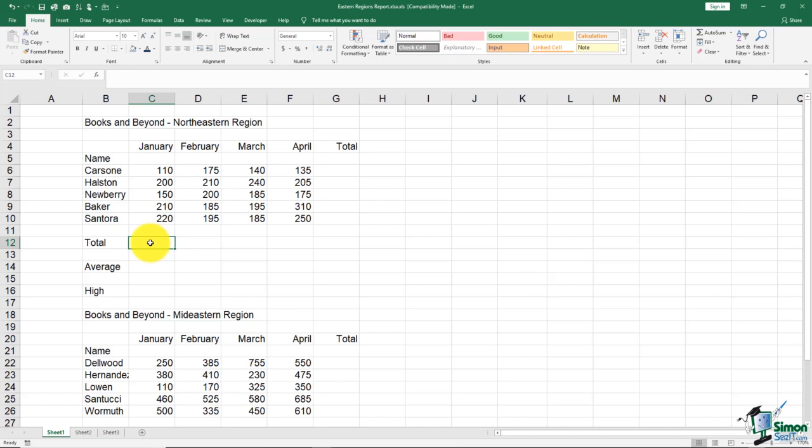But just to give you a quick overview and review, let's say that I wanted to add my numbers for January. I'm going to click in C12 next to total because that's where I want the answer to be, and I'm going to put in the equal sign. Remember that all formulas must start with an equal sign, no exceptions. I'm going to click on C6. I'm going to hit the plus sign, C7 plus, C8 plus, C9 plus, C10. And when you're finished writing your formula, you just hit the enter key